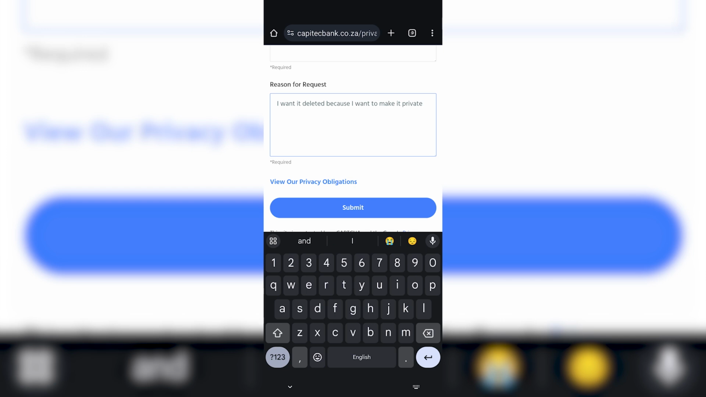After that, Capitec will receive your request and they will process it. And it will take 1 to 2 business days to process your request. And congratulations, your